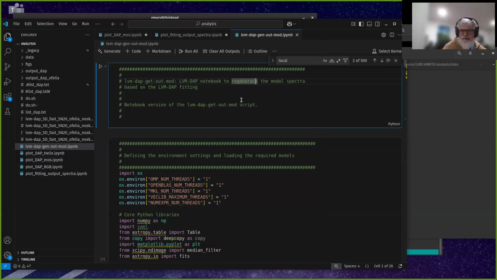This is the easiest option because it's going to read the information of the YAML file directly from the header, from the extension. There is an extension, the DAP extension, that contains the information of the YAML file. However, it has the inconvenience that